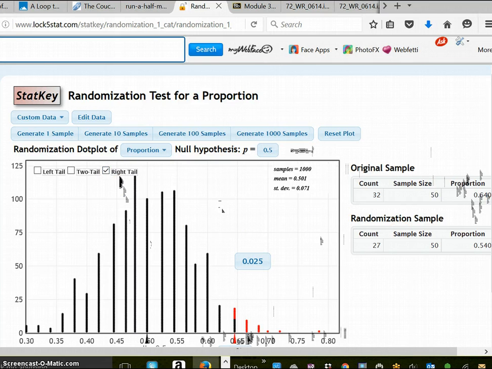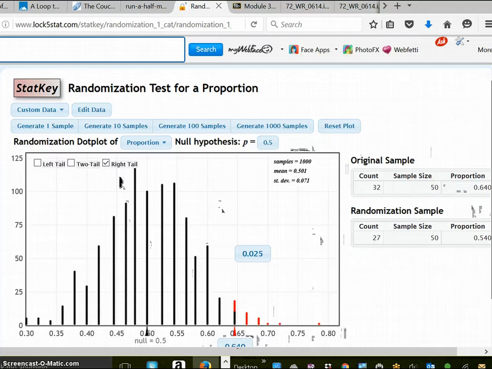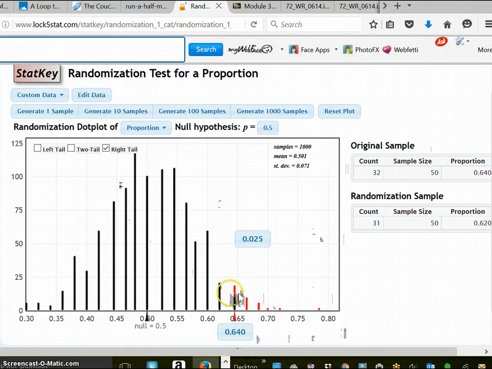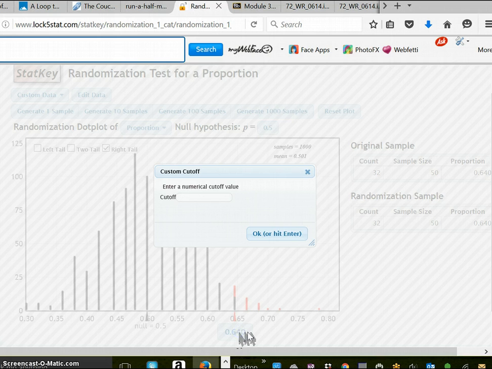And I'm going to put this value on the bottom at my cutoff. Now it's there, but it's kind of in the middle of this. See how some of the dots are red and some are black? I'm going to click here and change it